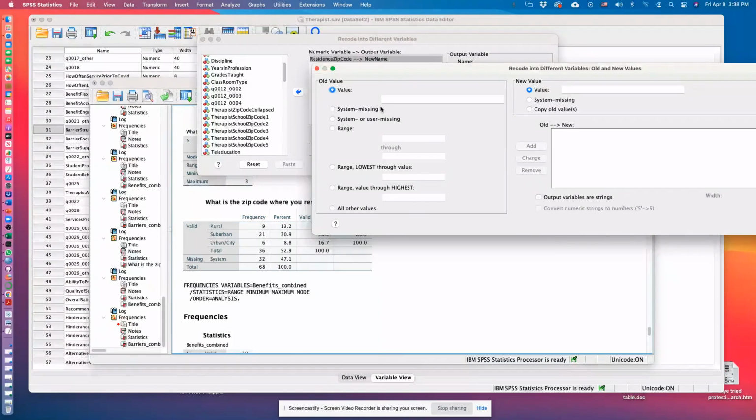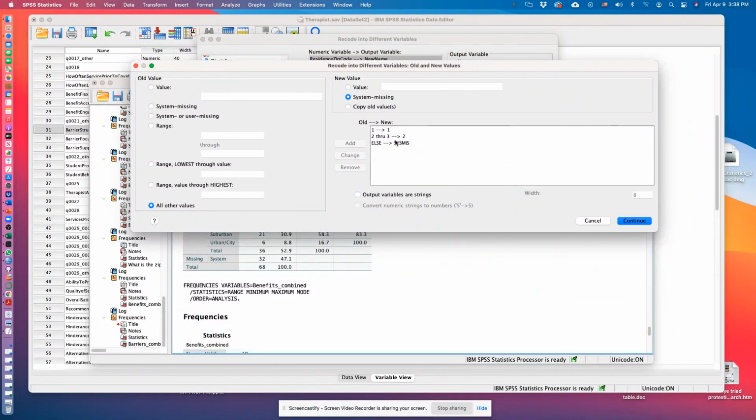So the first one is the rural, and that's going to be our first category. But now we want to combine suburban and urban. So here we go to range, and we're going to add 2 and 3, and that's going to become our 2. And then everything else we're going to consider as system